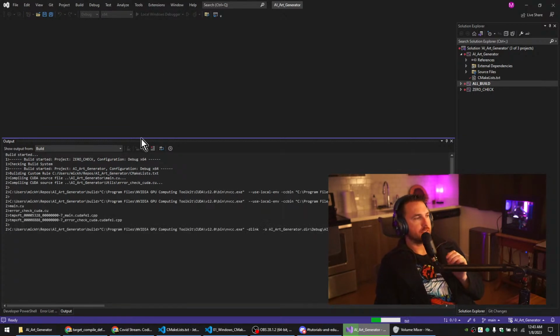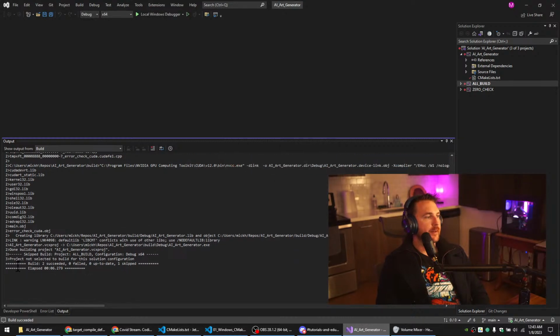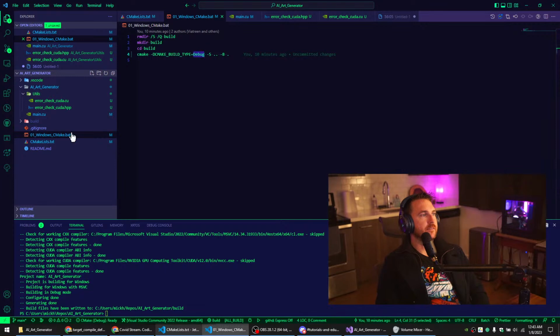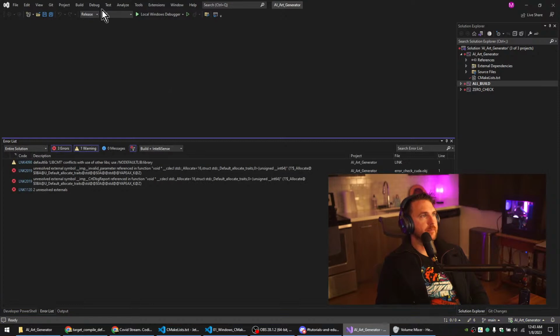I was talking on mute. Okay, so it works in debug mode. What I was just saying is that this is interesting because I set it to release and build it, even though in our CMake batch file we set it as debug. So if we try to build release,